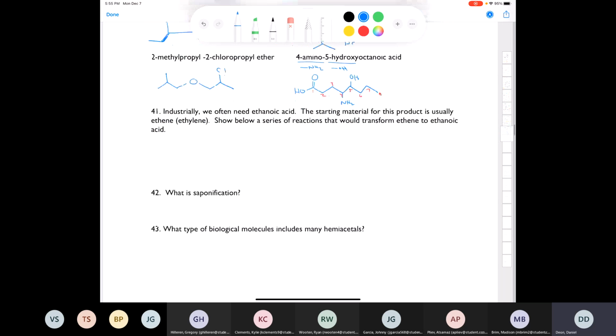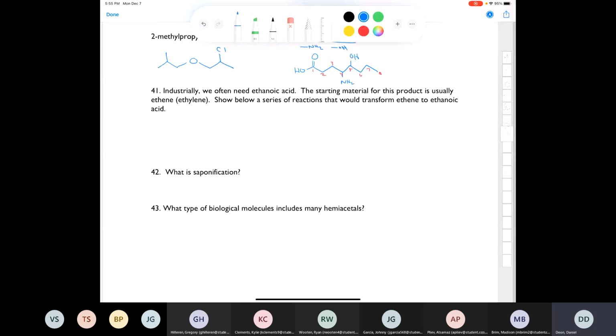Number 41, industrially, we often need ethanoic acid. Remember, ethanoic acid is the same thing as acetic acid, a 2-carbon carboxylic acid, right? This is acetic acid. Okay. The starting material for this product is usually ethylene, or ethene, which is this. Show below a series of reactions that would transform ethene to ethanoic acid. Look, this is another thing I wouldn't ask you, but I still think it's worth discussing. So again, I will never ask you this, but